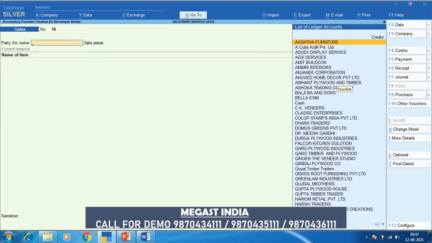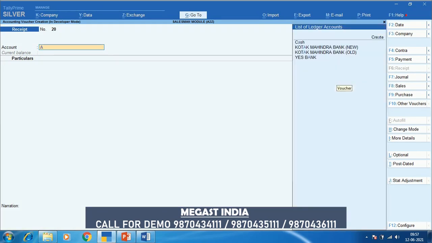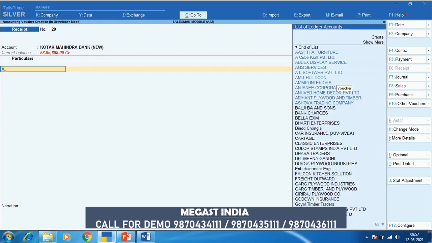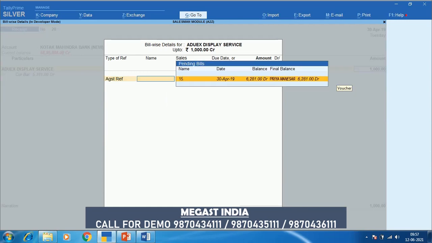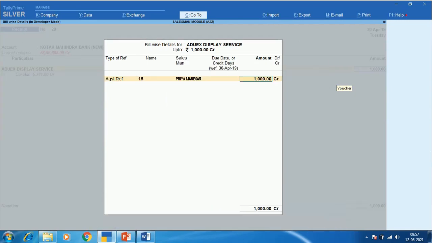Let's create a receipt as well by the same name. Suppose we have received 1000 rupees against the bill, and you can see the salesman will be shown automatically here.